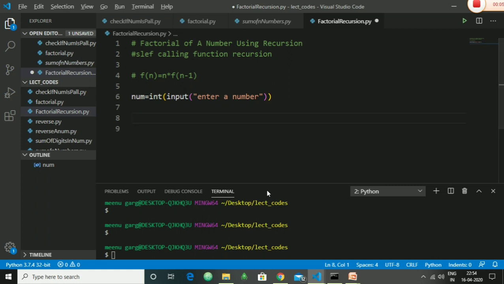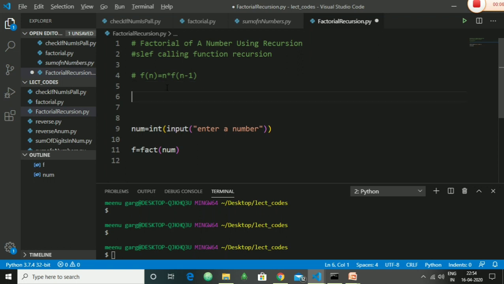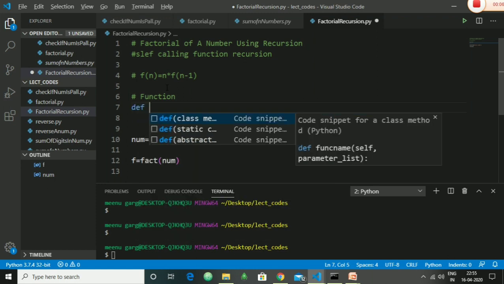Then what we have to do is call a function. Let me store that in a variable, suppose f. Then I will call a function named fact and pass num. Now the function I'm calling, def fact.